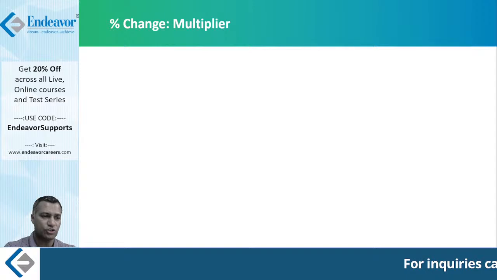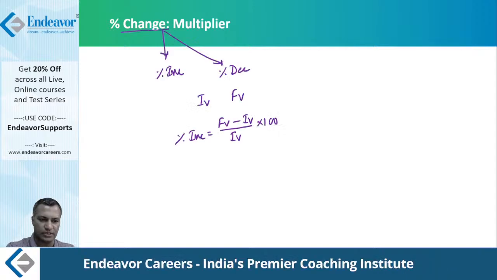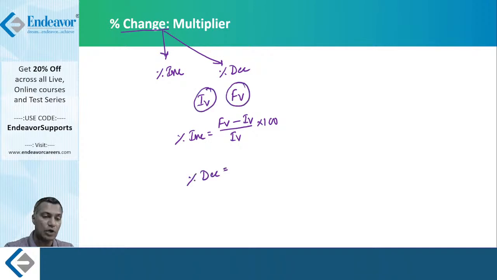So what you learned in the percentage increase, I hope all of you remember this. Percentage increase is nothing but final value minus initial value divided by initial value into 100, because the final value appeared better when you looked at the two values. That's how you calculated percentage increase. What if you wanted to understand the percentage decrease? You look at the initial value and final value, and you realize that the initial value is better, and finally it went on to become smaller. So you write that percentage decrease is initial value minus final value divided by initial value into 100.